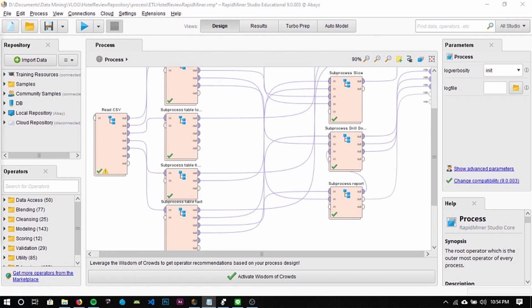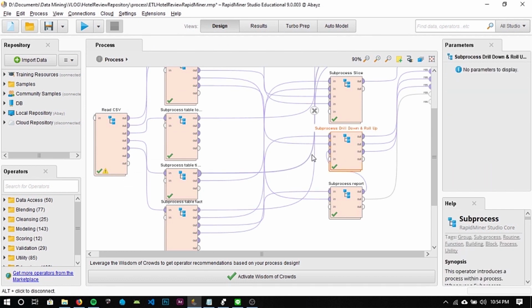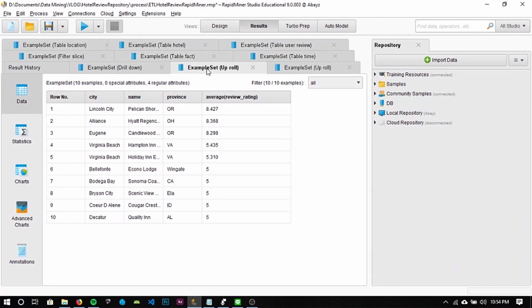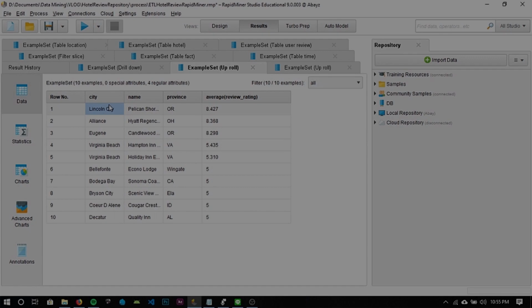The next process is drill down. While roll up wraps or decreases the dimension of data, drill down is the opposite of roll up. In drill down, data is fragmented into smaller parts; in other words, the dimension is increased into more detail. Let's see the result first. I'm going to add the city attribute to each province and limit the data to 10 rows, because there is too much data here, and also display the average review rating for each province. This is an example of the drill down process.